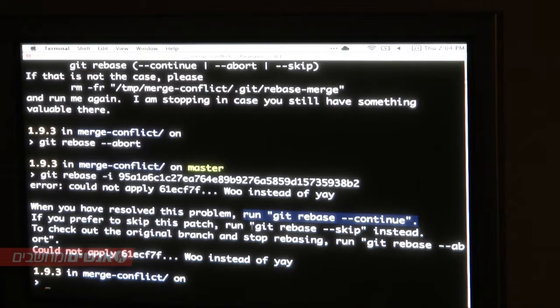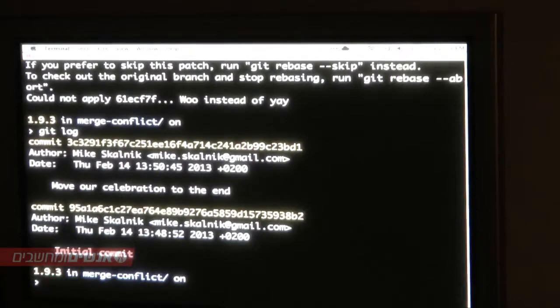Or if you're in the middle of it and you realize you don't want to edit it anymore, you can also skip. And lastly, if you're in the middle of this and you realize you have tremendously messed things up, you can also get out of it completely, which is what we did before when you abort it. But if we look, we are right now on this one SHA,